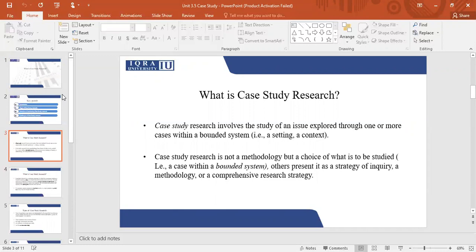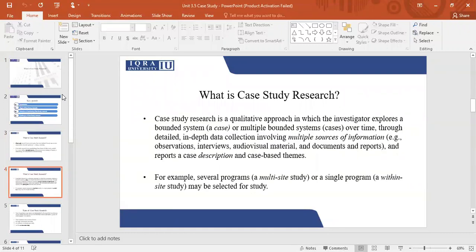This is not a methodology, but you have a choice of what you are studying within that system. You are studying what did they do, what did they experience, what was exactly going on. It is a qualitative approach, and you, as a researcher, are trying to understand one case or maybe multiple cases. For example, you may be studying one pharmaceutical company, or you may be studying two or three pharmaceutical companies, or you might be comparing how did each one of them retain, how much did they retain, what were their strategies, what were the pros and what were the cons. But it depends on what you are studying.